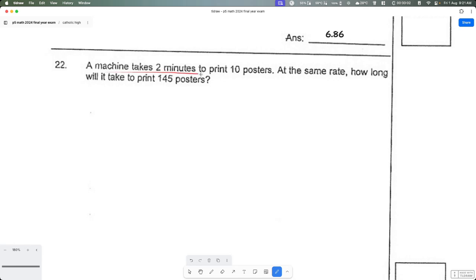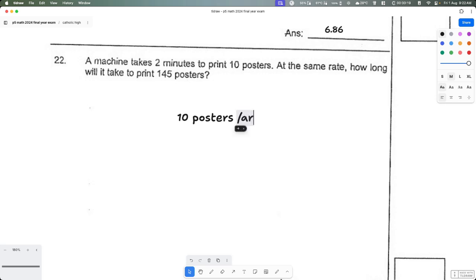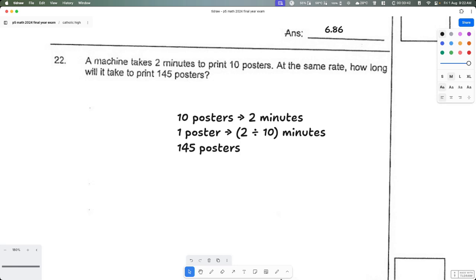So a machine takes 2 minutes to print 10 posters. At the same rate, how long will it take to print 145 posters? Okay, so for this, we can type down 10 posters is equal to 2 minutes. One poster is equal to, so put a bracket and put minutes over here. You have 2, and then we divide it by 10. All right, so you just leave it at that, because once you put 1 for the posters, then what we can do is